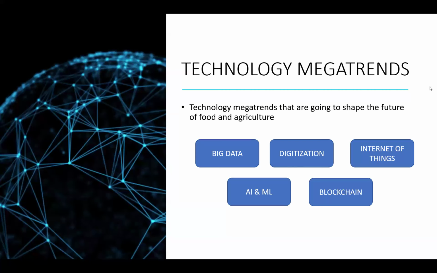I'll be talking about this geospatial technology. Big data is part of that. In geospatial technology, whatever the data has been used, that's the big data. The conversion of big data into the output, that is the digitalization. The speed and the process, the way it has been used to generate the output, is again AI and ML. Blockchain and Internet of Things will be slightly different, but yes, they can also be used in this geospatial technology.